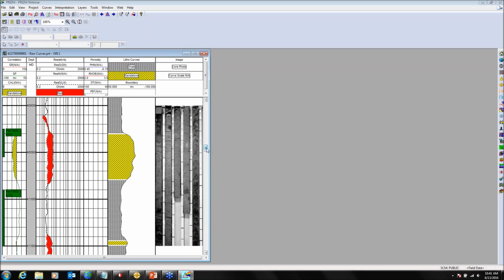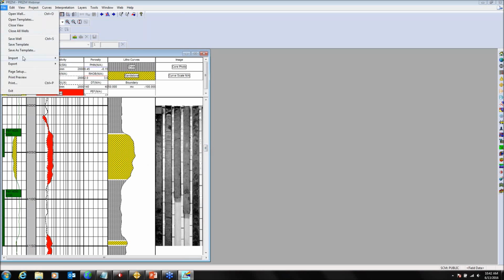So the first data I'm going to bring in is some core data. This data will be stored inside Wellbase in the core tab, but I can import it here through PRIZM. So you can import this in with a spreadsheet to Wellbase, or through PRIZM if you have an ASCII file of that data. You can easily import that. So let's go to core data import here inside PRIZM